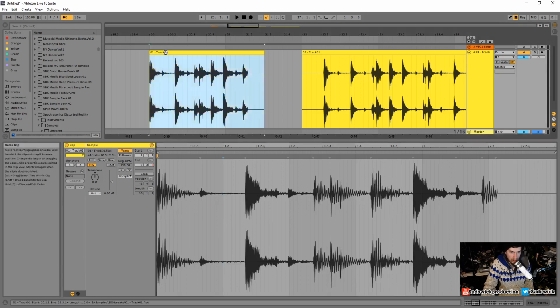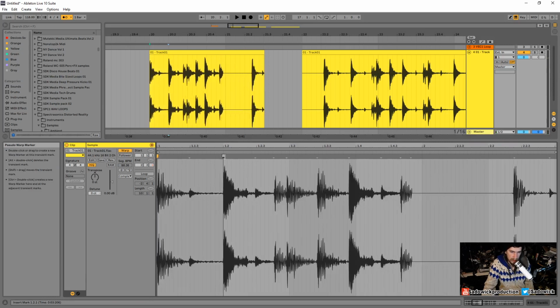We got the metronome here. I want this metronome and the loop that I'm working on, the thing that I'm warping, to be matched. It's not matched, right? I know that this is the second beat here because I can hear it. I can select this area right here where the speaker is,